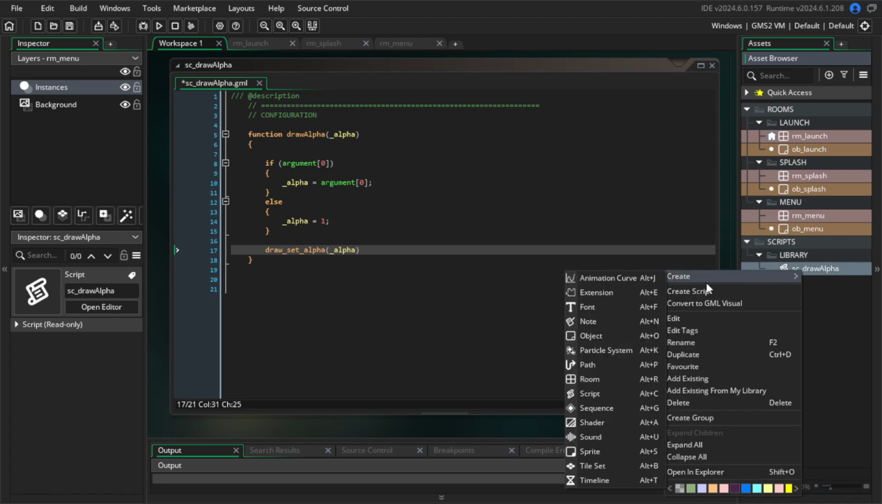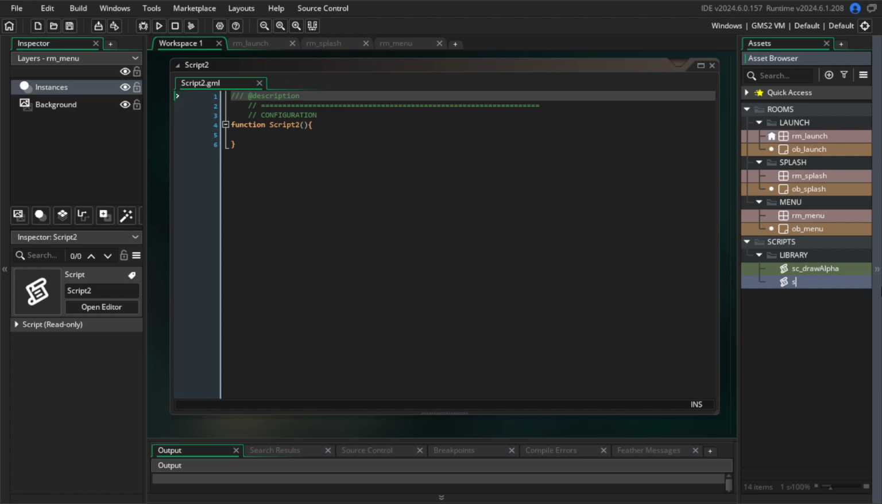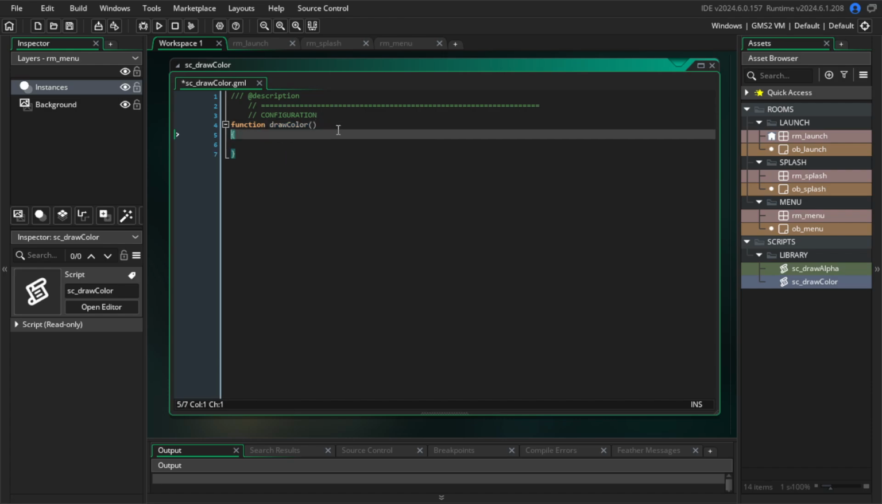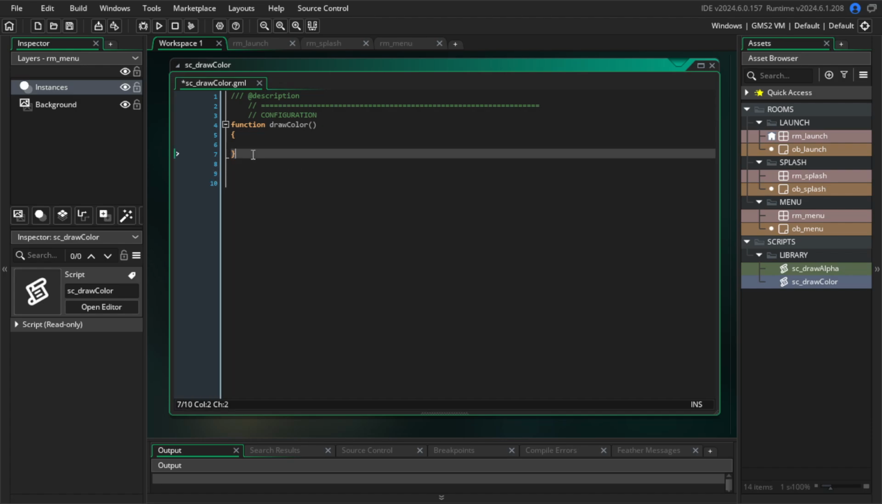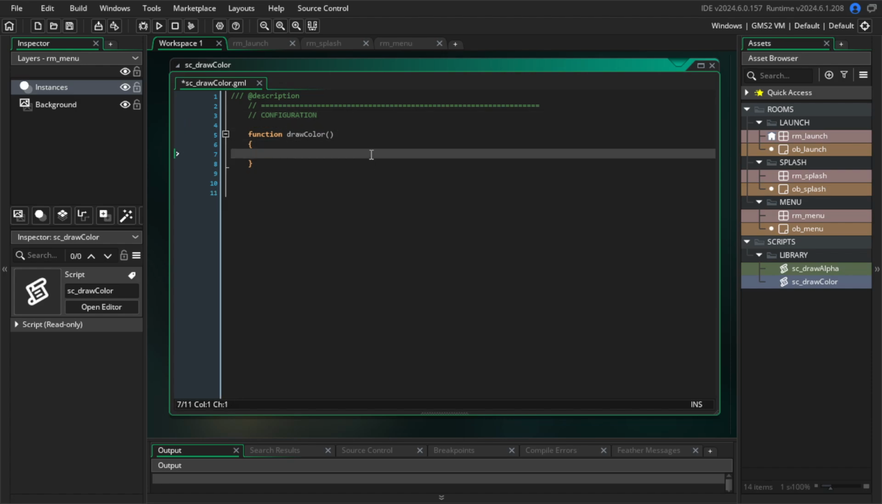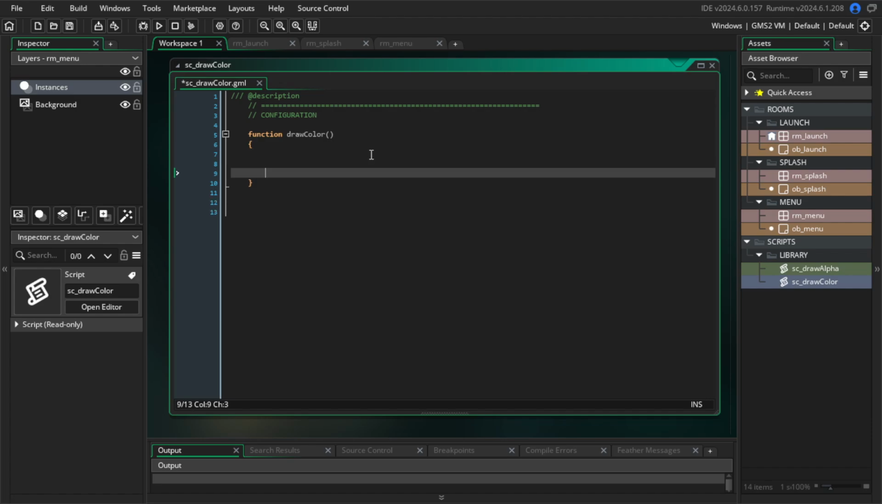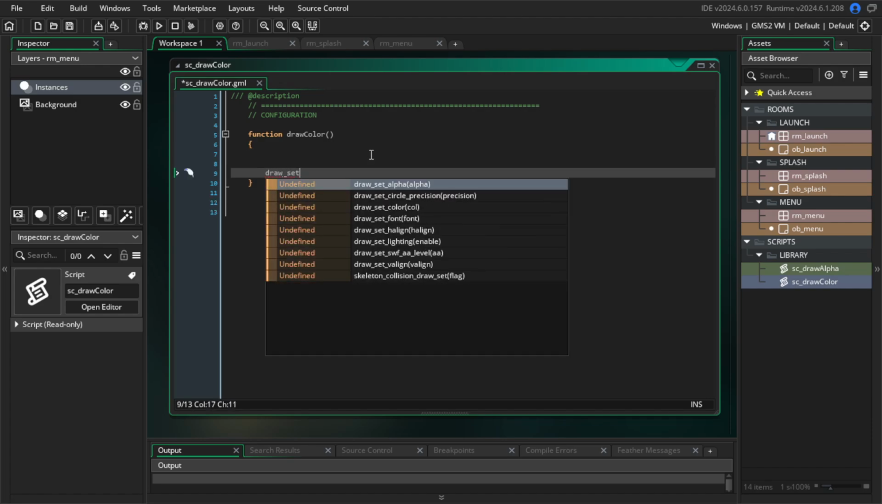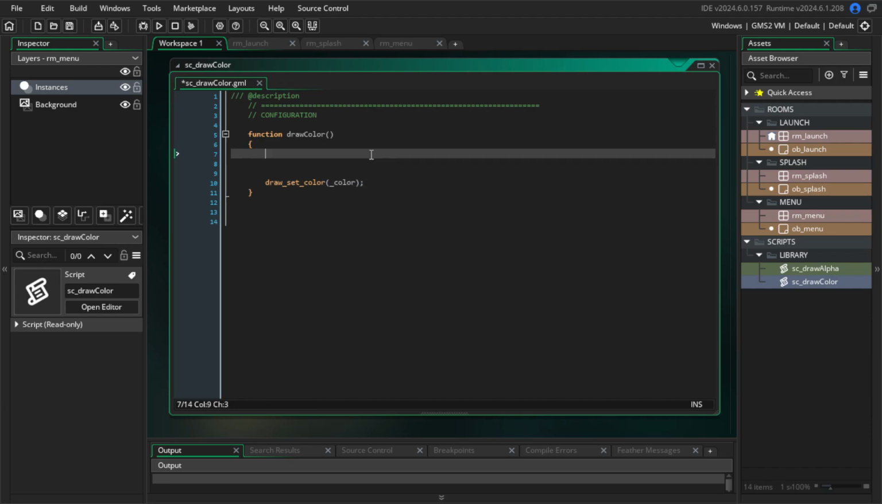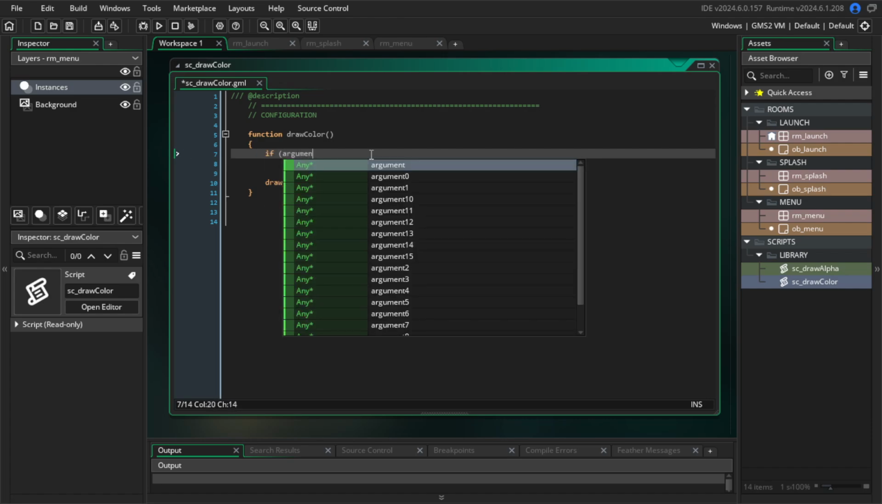Now we're going to add another one, create another script, name this SC draw color. And now we're going to do the exact same thing. Now all these things are going to come in handy later when we actually start building anything that's being displayed. It's going to need these functions to operate. So just like before, we do the draw set color, and then you add the color in here, bracket that off, then you go if argument